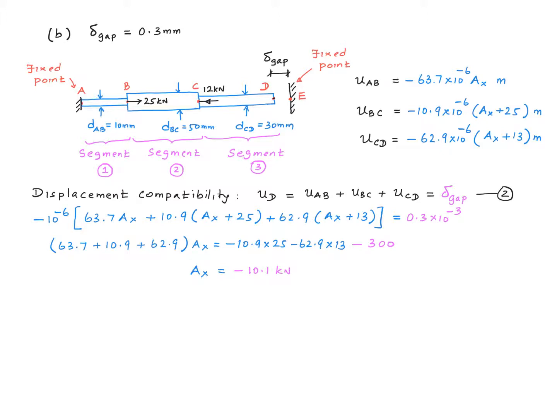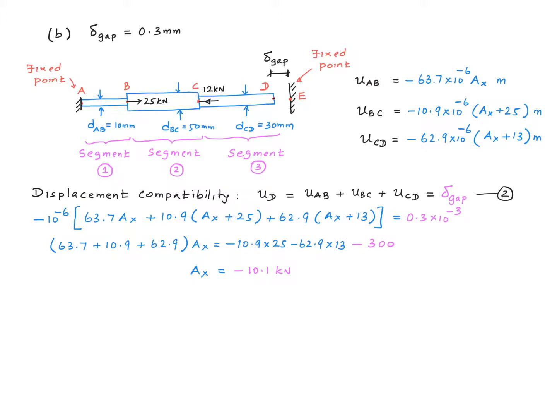How do we know that the displacement of point D is actually greater than delta gap? If it is less, point D is not even going to touch point E, the fixed point E, and therefore there cannot be any reaction between point D and point E. In other words, the reaction at point D has to be equal to 0. If the displacement of point D is greater than delta gap, then point D will try to go beyond point E, and then a compressive force will develop at this point. But if the displacement of point D is actually smaller than delta gap, but we try to enforce this type of displacement compatibility,